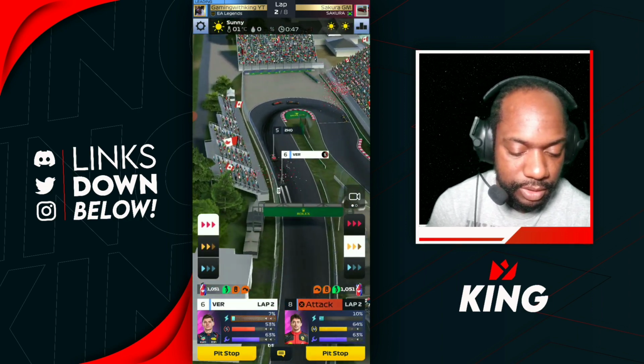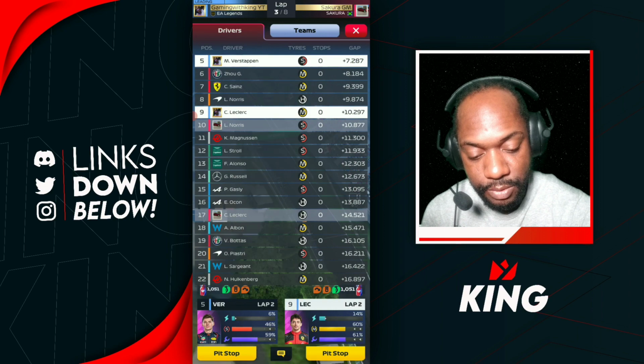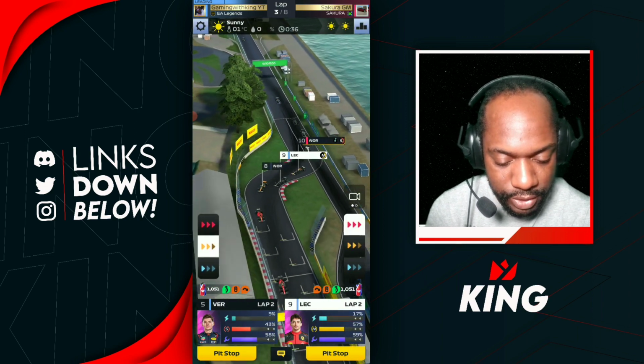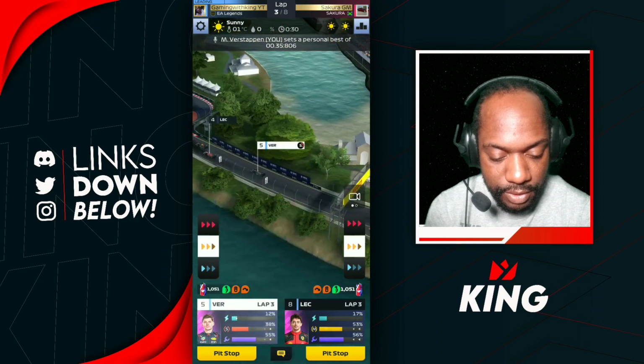So we should be able to squeeze past Zoe up the inside here as he's on the mediums. We're on the softs, so we're up to P5. We have soft tires behind. We got passed by Lando Norris on hard, so we should be able to squeeze back in front of Lando Norris there. We just crossed the line,